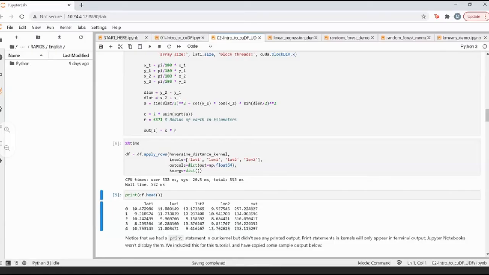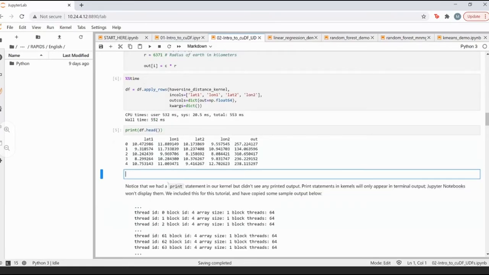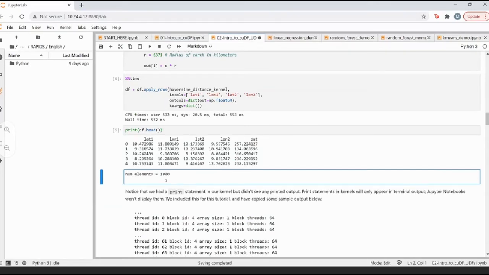I'm going to put this as a markdown, and write a couple of things here. My number of elements were basically 1000. My threads per block were basically 384, if I'm not wrong. Yeah, it's 384 block threads.